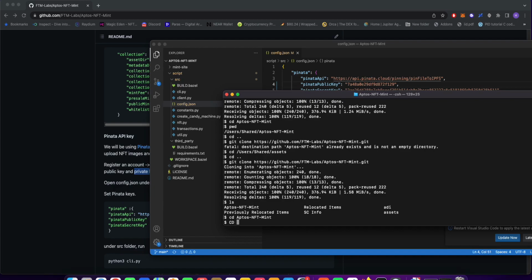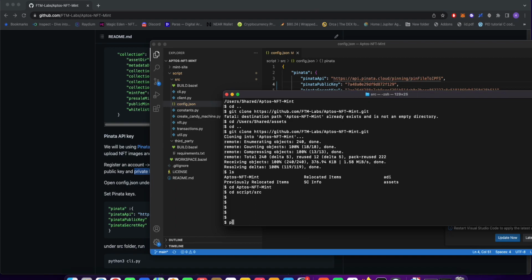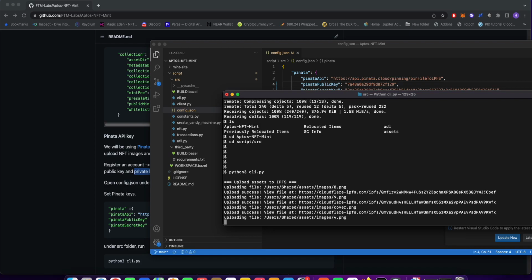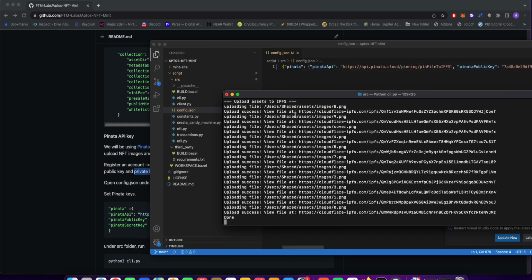So let's go ahead and see if we can create our candy machine. Python 3 CLI.py. So we provide 4 options in our menu. We're going to be using the first one. Click enter, and here you see the first step is to upload your assets to IPFS, and it will show you